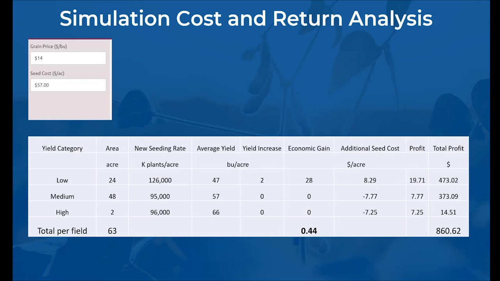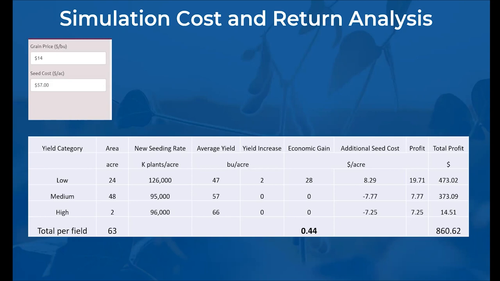So this was the grain price of 14 and the seed cost of 57. Those are adjustable values as well in the tool. You can change those up as you want. Maybe you want to see a grain price of 16 or 10. You can change those. But in this example, you can see that with an average yield in that low zone